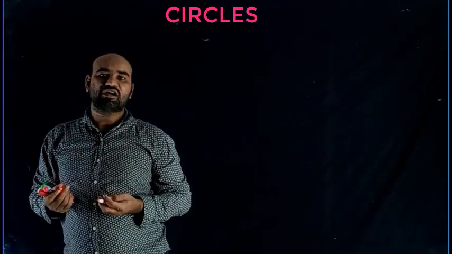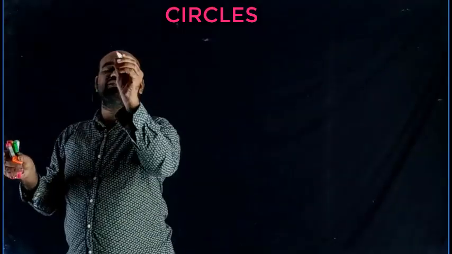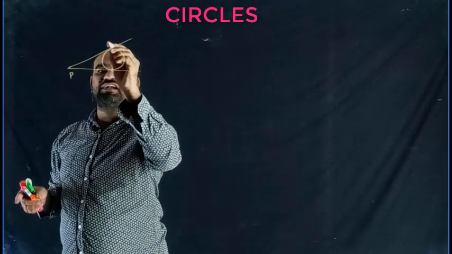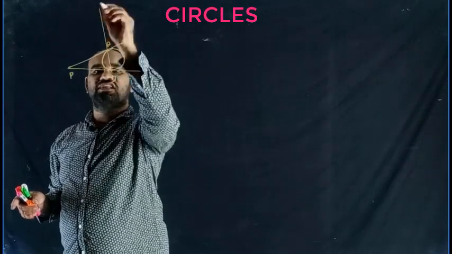This is the concept. Okay students, just now I explained about the chord of contact. Once again listen. This is a circle and P is an external point. Through P you can draw two tangents to the circle. These are the points of tangency. So join A and B. This is called the chord of contact.